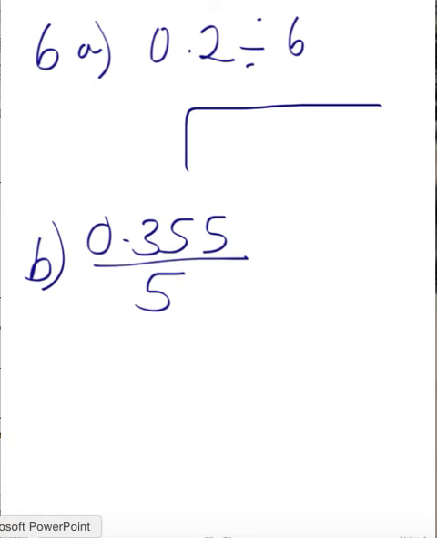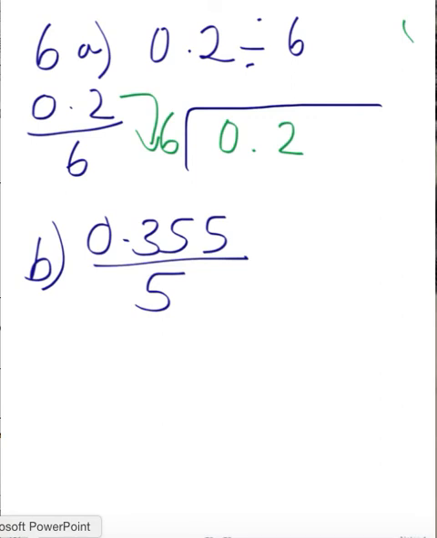So I've got my bridge ready, and I'm going to write this in fraction form. 0.2 divided by 6. So I know clearly that 0.2 will fall down and go under the bridge. Okay, so write that in fraction form. And now I'll put my 0.2 under the bridge, and my 6, I'll just squeeze it on the outside. Okay, now my next step is